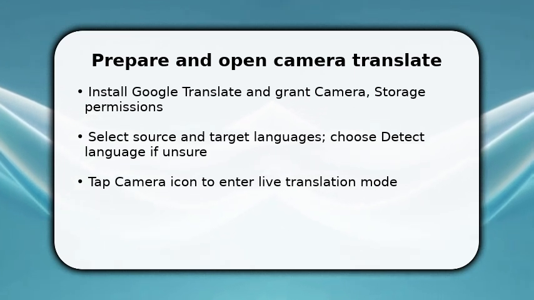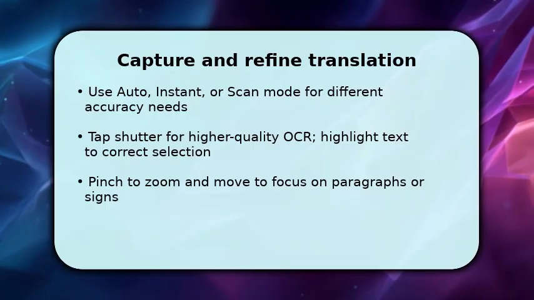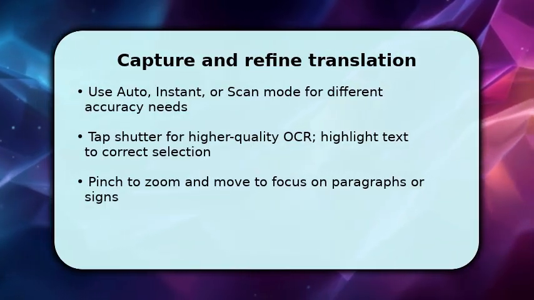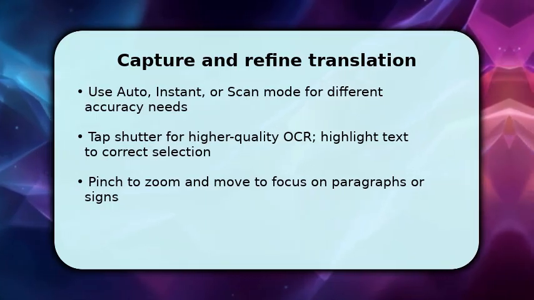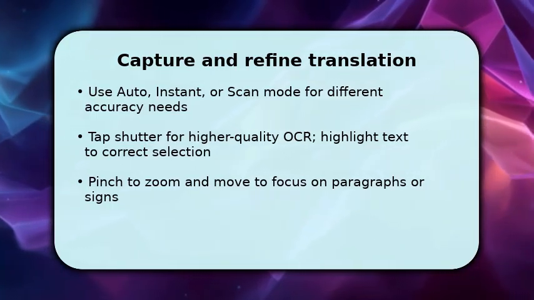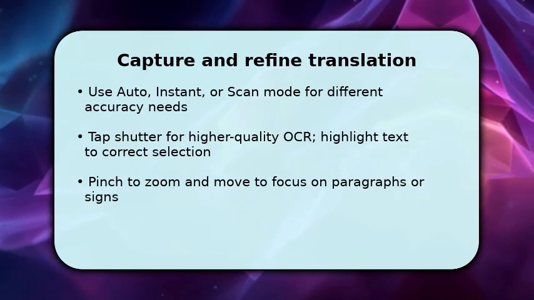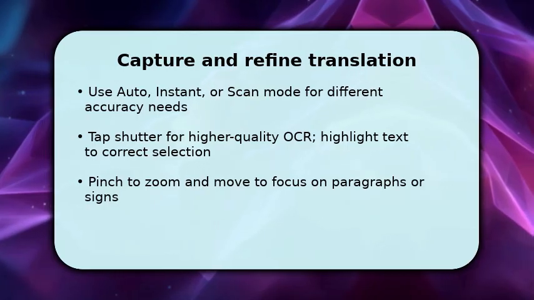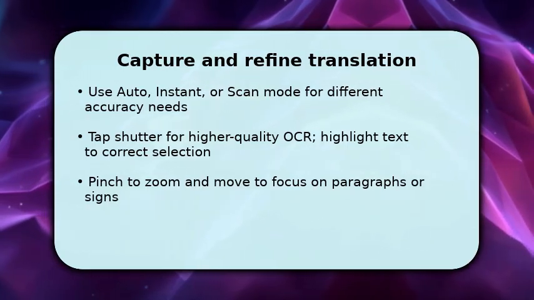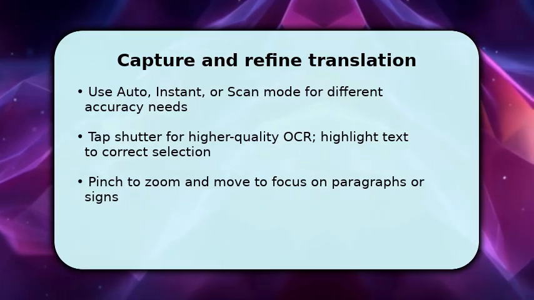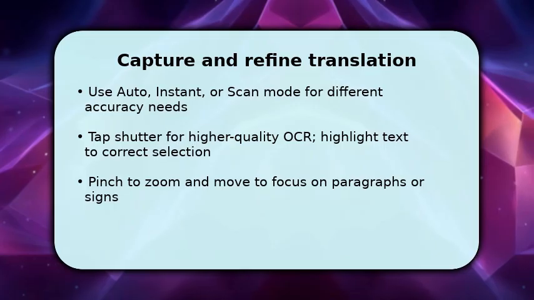Once in camera mode, choose Instant for on-screen live overlays or Tap Scan for a captured image that improves OCR accuracy. If text is small, pinch to zoom and center the words. That reduces recognition errors. Tap the shutter to freeze the frame, then drag corners or highlight specific lines to refine which text the app reads. You do this because a captured image lets Google Translate run clearer OCR and editing, so translated text appears cleaner,